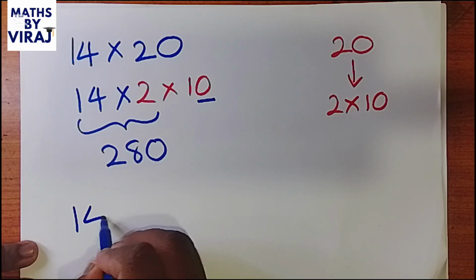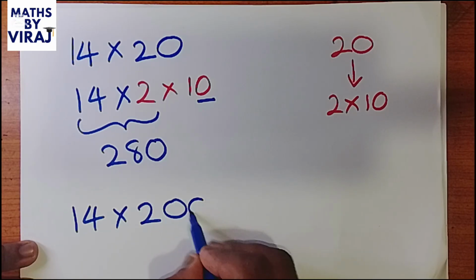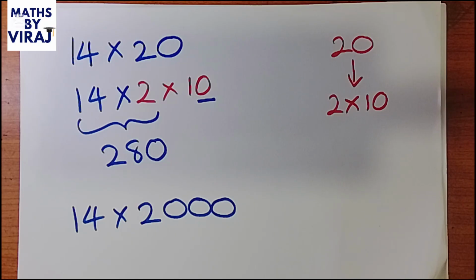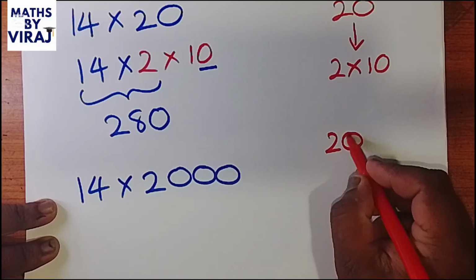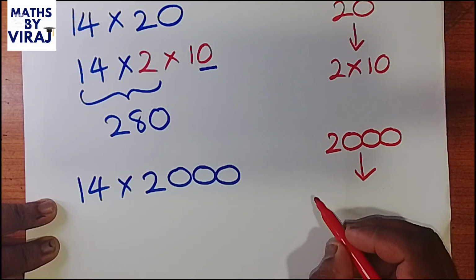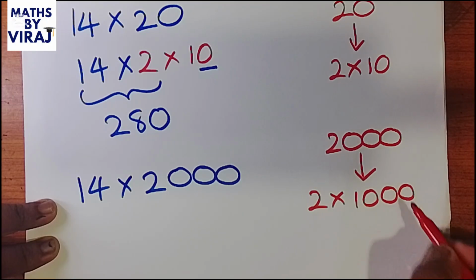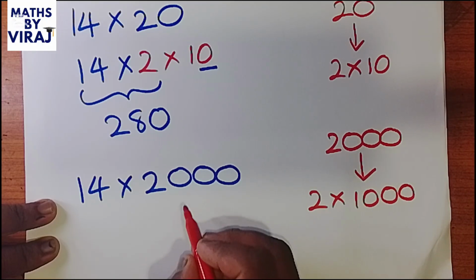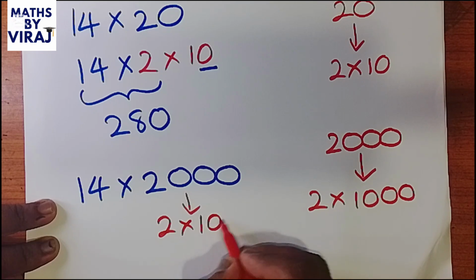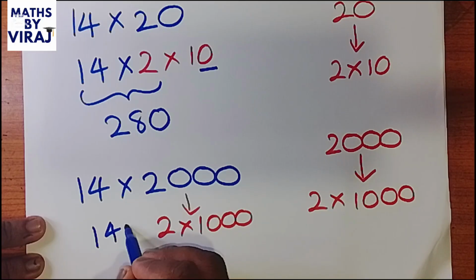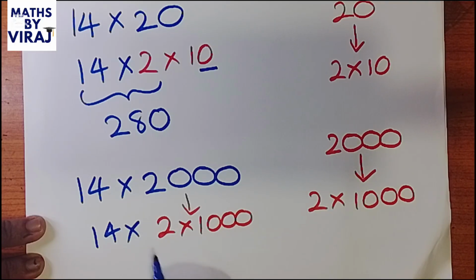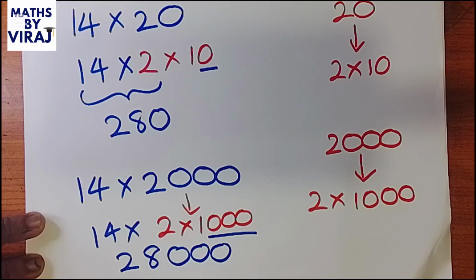Let's go for another example. Similarly, 14 multiplied by 2000. Now, what is 2000? You all should understand 2000 is a product of 2 being multiplied by 1000. Therefore, I can write this as 2 times 1000. Again, 14 is there as it is. 14 multiplied by 2 is 28, and these three zeros we add at the end. Therefore, now the final answer we have